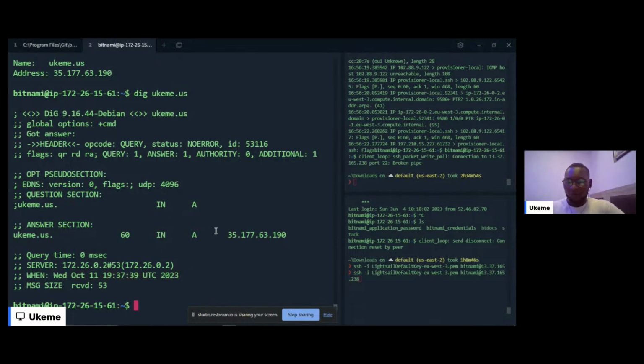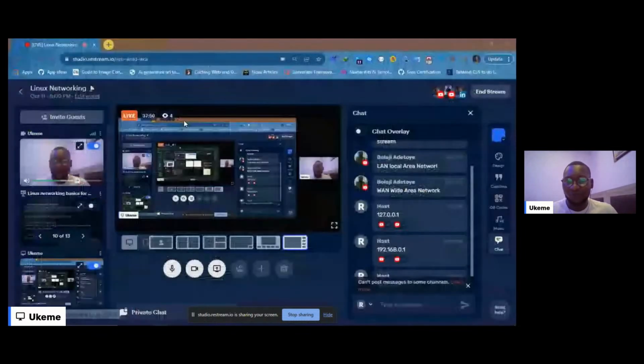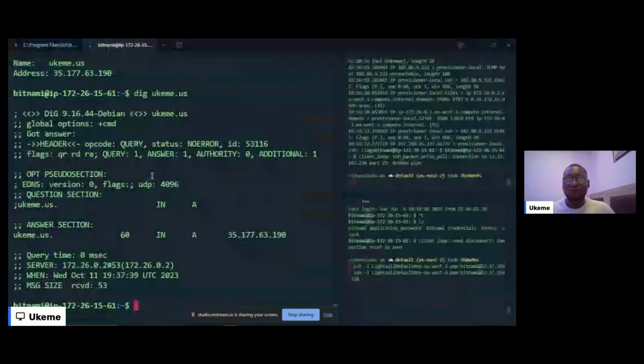So I'm going to stop here. I'll go back to my presentation. So what we basically did was, we looked for the DNS resolver file, which is resolv.conf in the etc folder. We added Google there to be a DNS resolver, and then we restarted the system service for the network, and then we did some troubleshooting, or just checking, by using nslookup and dig, right?